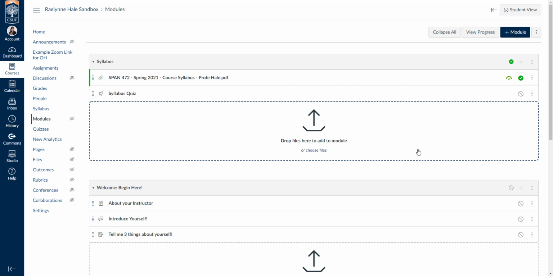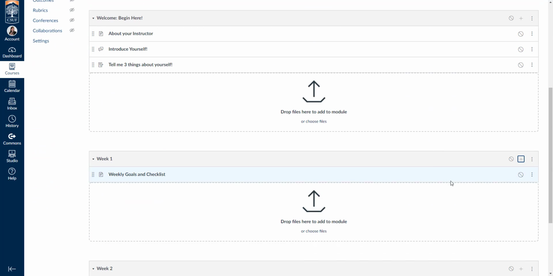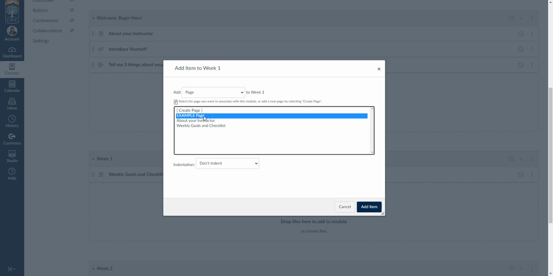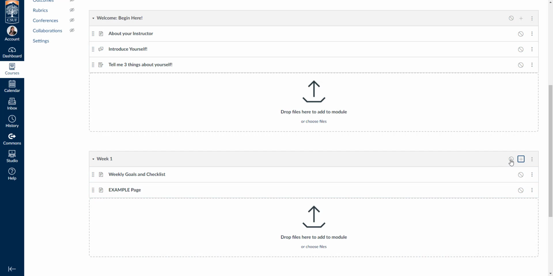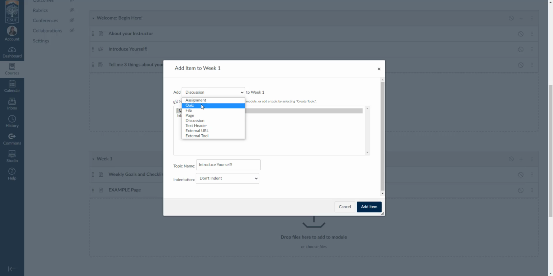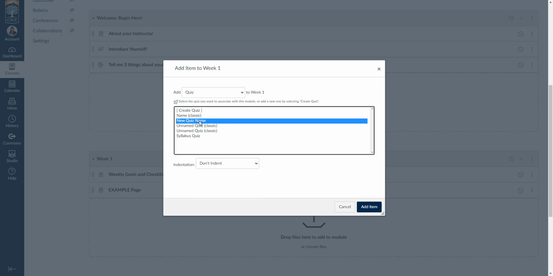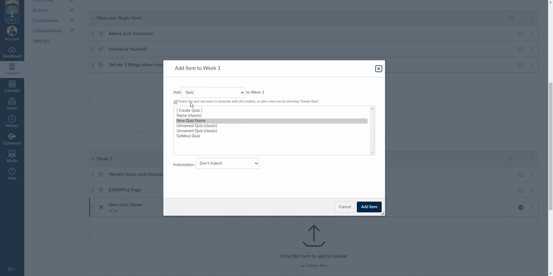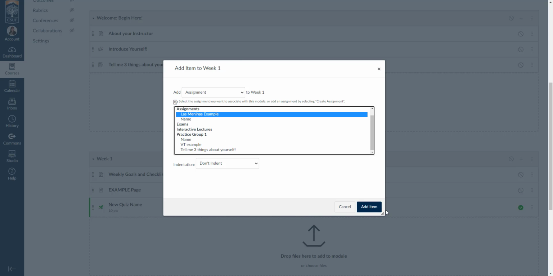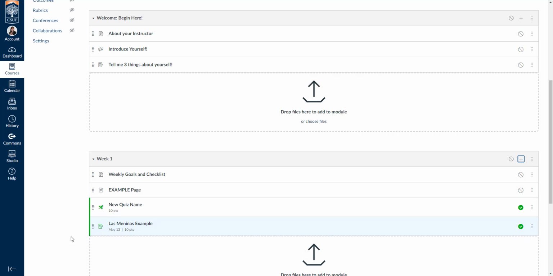Now, if you've already created stuff, that's super great too. You can click the little plus sign and select things that you've already added. So for example, I've already created this example page, so I could add the example page. I've already created maybe a different quiz, so maybe I can add my new quiz that I created in other videos. I can add assignments that I've already created, for example the Las Meninas example, and so these are already